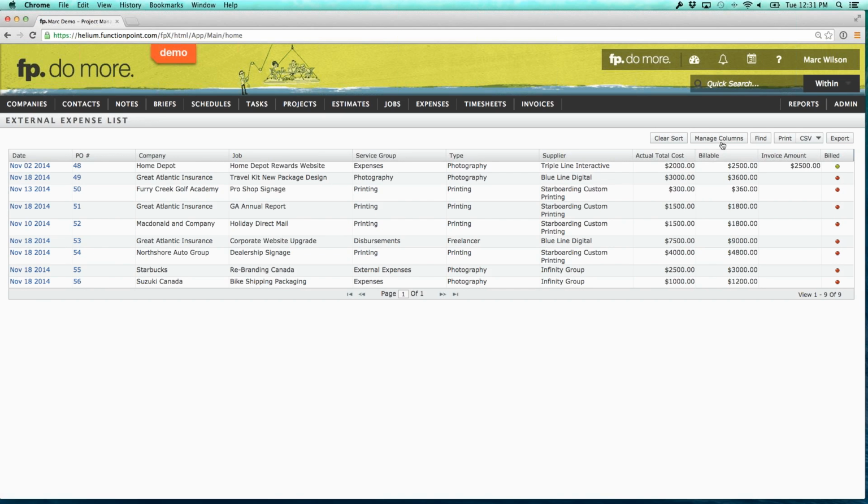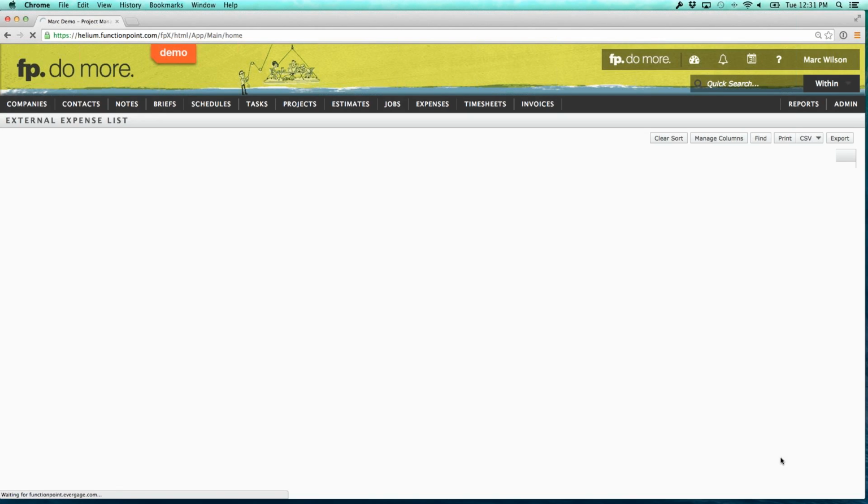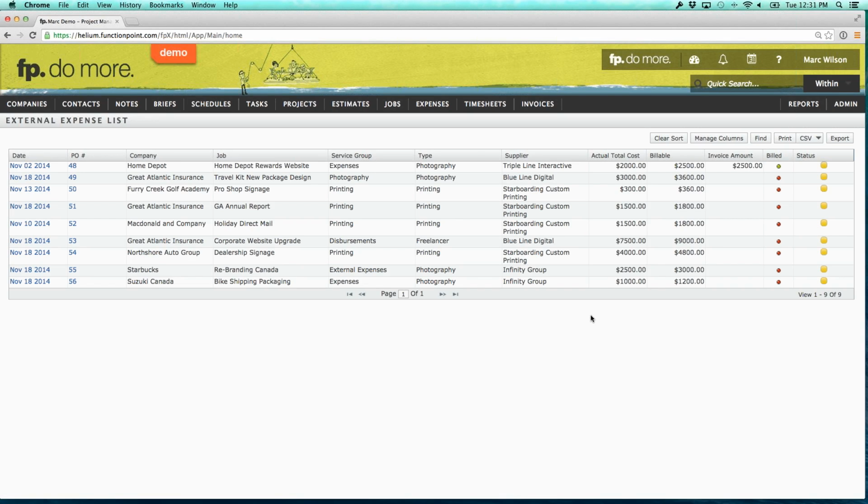And there we are. Actually, you know what? There's one other column I want to add in there that I forgot. I want to add in status. I'm going to put status. I wanted it to the far right, so that's perfect. Save those columns. So here I can see that for all the expenses in November, this is the cost value